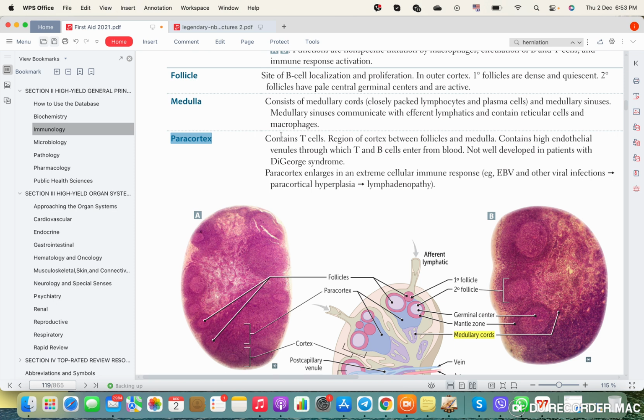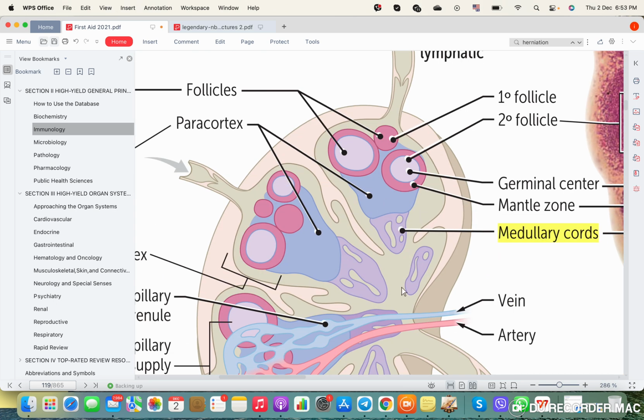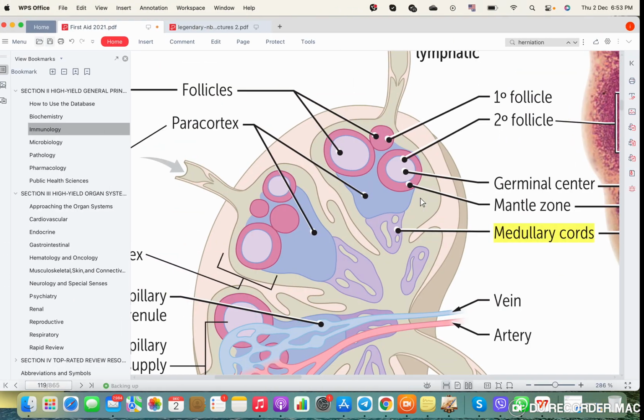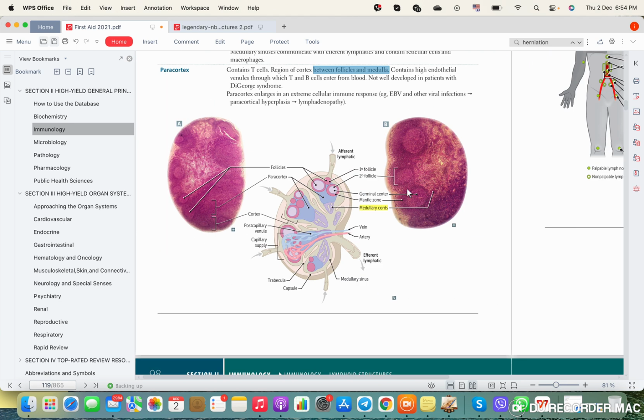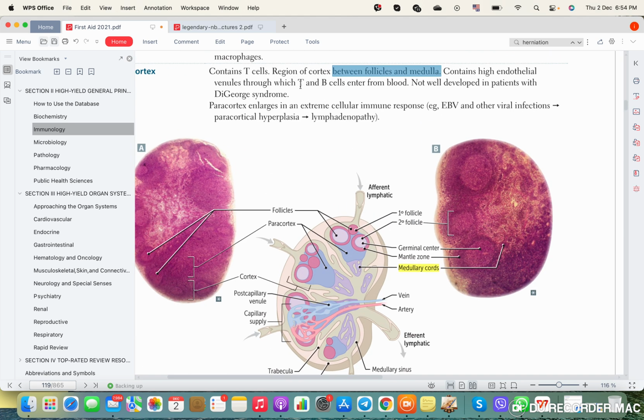You must know this. If there is one thing to take away from this page, it is that the paracortex contains the T cells. So maybe it helps you: T for paracortex, it contains T cells, okay? It's the region between the follicle and the medulla. It's near the cortex, but it's not inside of the cortex. So it's like an area in between the cortex and the medulla. And it contains T cells, okay? So region of cortex between the follicle and the medulla